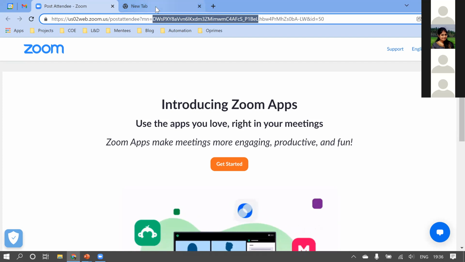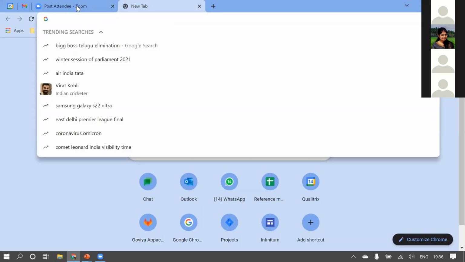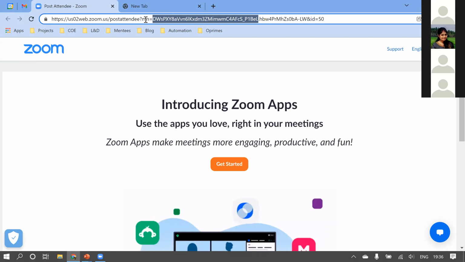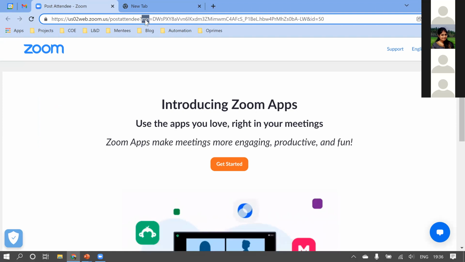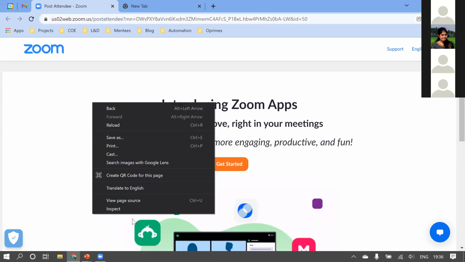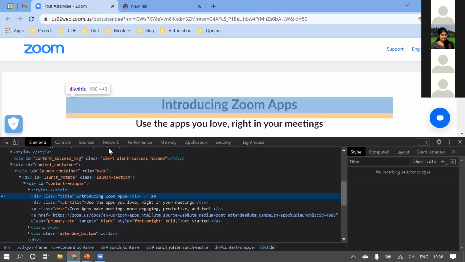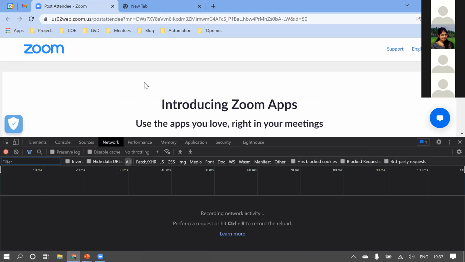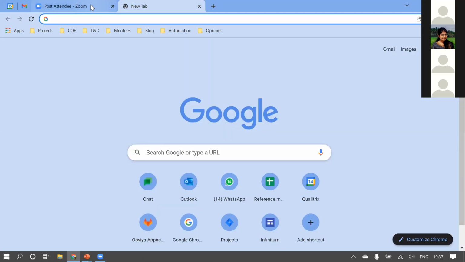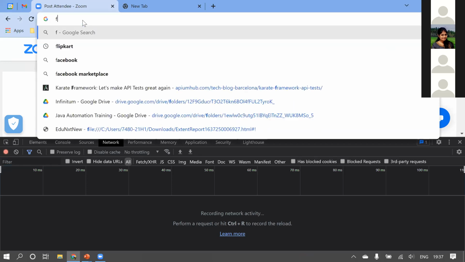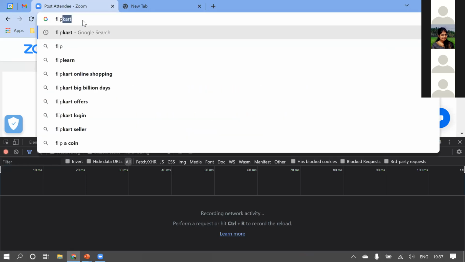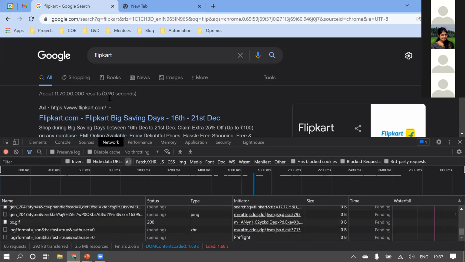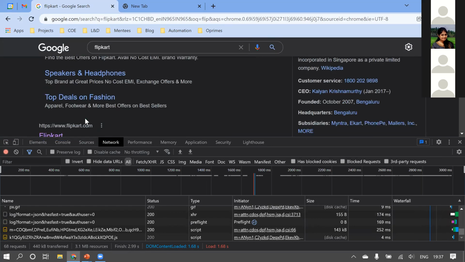Okay, coming to the matrix, yes. Sorry. Which part of it was the REST endpoint and API endpoint? Okay, this is the REST endpoint. And here, this is not an API, this is the hosted URL. If I need to show you the APIs, then I should definitely go to the network tab. Without using the network tab, I cannot show you the APIs. So this is hosted, but if you consider that as an API, then post attendees is the API.